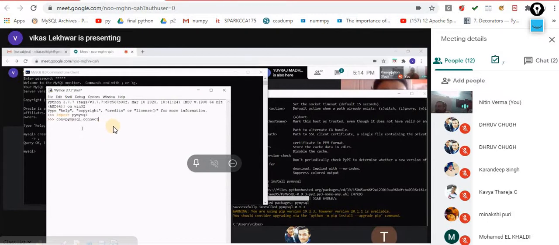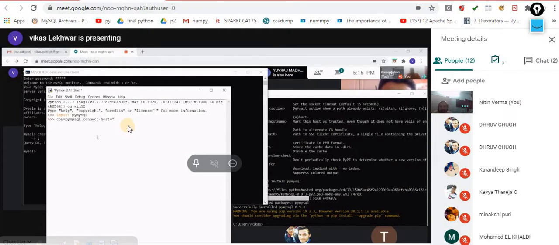So open the braces. Type over here host. This is a variable where I have to specify from where my Python is going to connect to MySQL. My MySQL is present on the local machine, so here no need to specify the IP address. But in the real-time industry, you have to pass the IP address of the machine where your MySQL is installed. This time our MySQL is installed on the local machine, so host is equal to localhost, in single quotes.